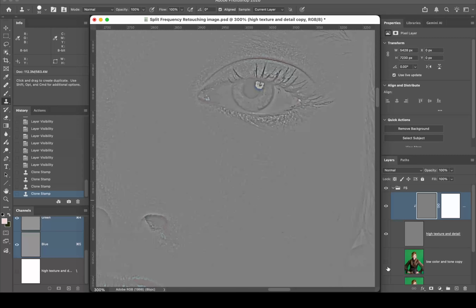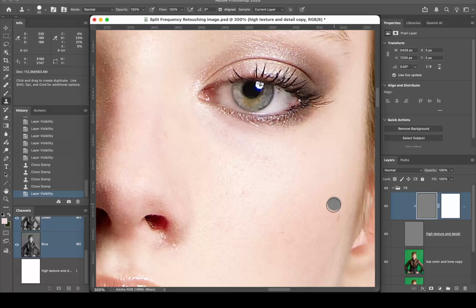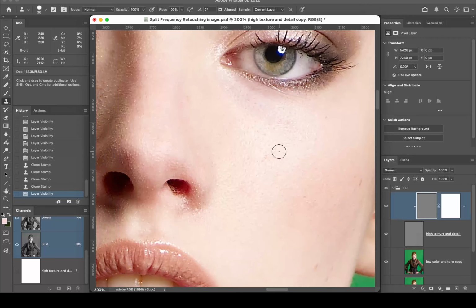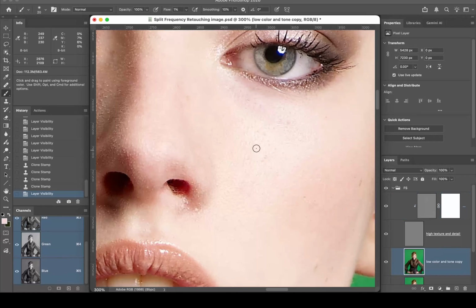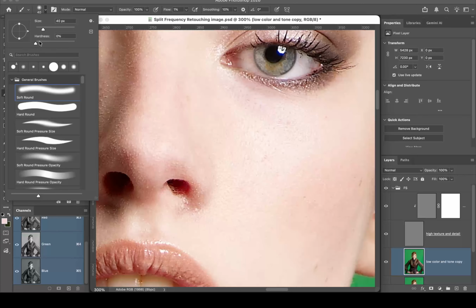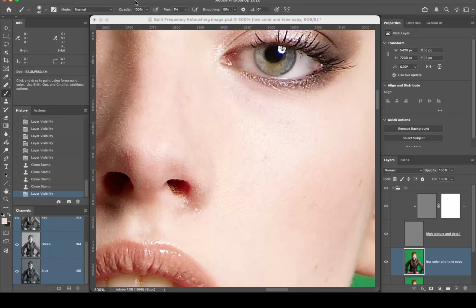And then again, turn on your low copy layer here. And then again, I think the color in here is off. So again, I can actually go back to a regular brush, the B key, go down to my low layer to actually do this work, make it a little bit larger, make sure that it's a soft brush, a really low flow, like 1%. I'm going to hold down my Option key and click to sample color,